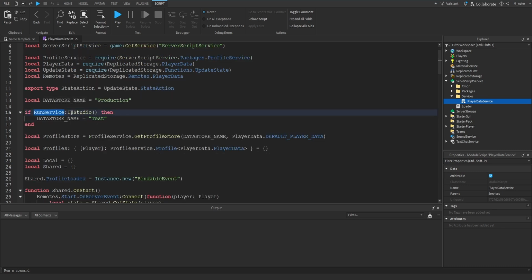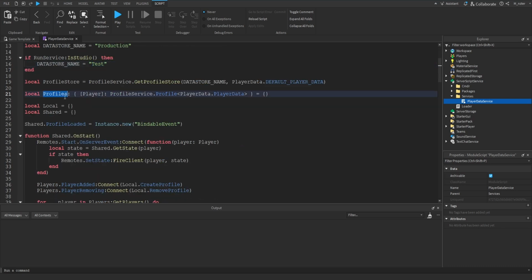Then we have an if statement, which is in studio. So if the game starts up in studio, this is the data store name that we're actually going to use. So if you ever wanted to wipe your own player data, which you're using to test inside of Roblox Studio, you would change this string. Sometimes I use this after I implement a brand new system or maybe make a game-breaking change where I need to delete some of my previous data. I'll go ahead and change this, and this will only affect myself inside of Studio. And also, doing this prevents us from actually modifying or working with the production data store, so we avoid possibly ruining or affecting the player's data that's currently in production on the live servers.